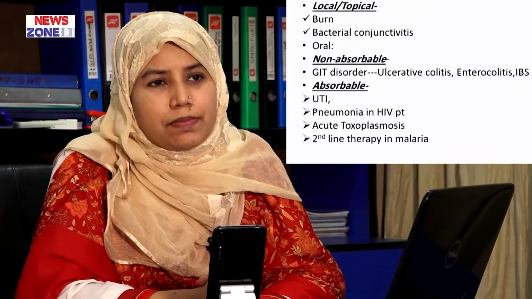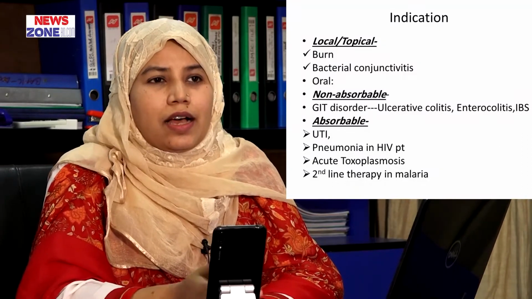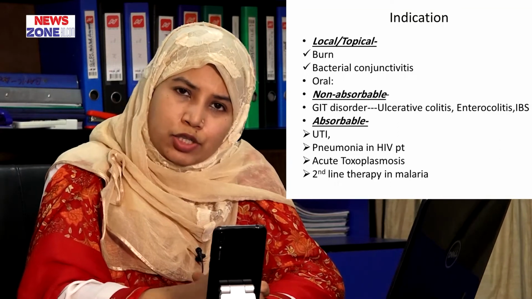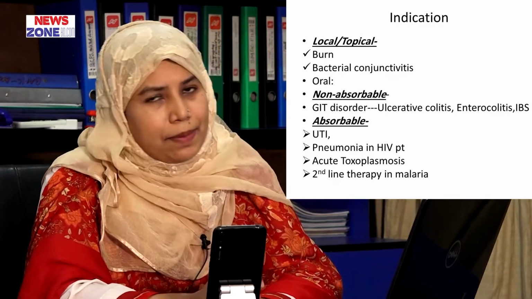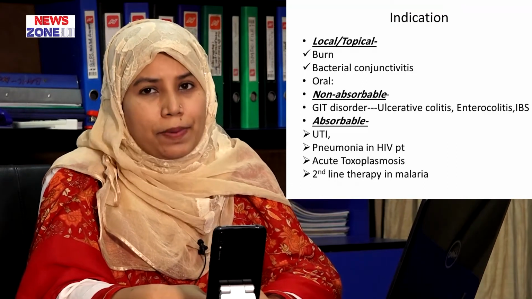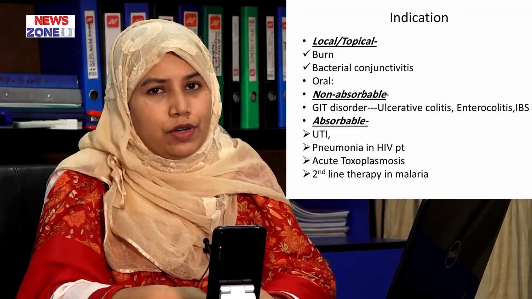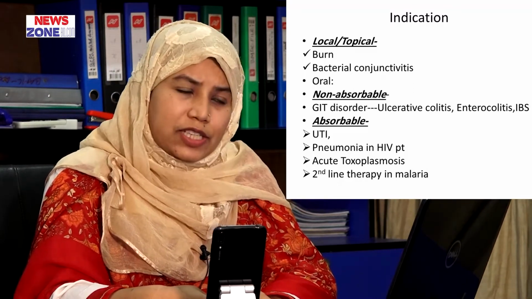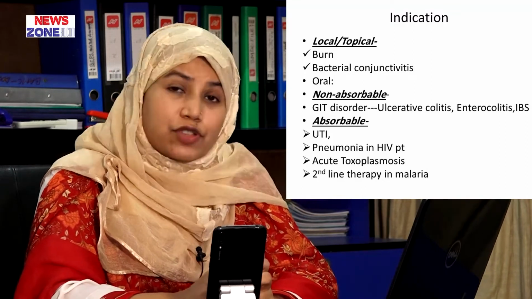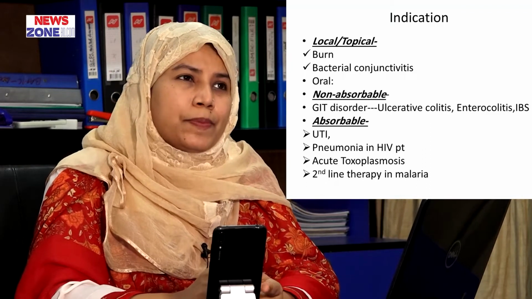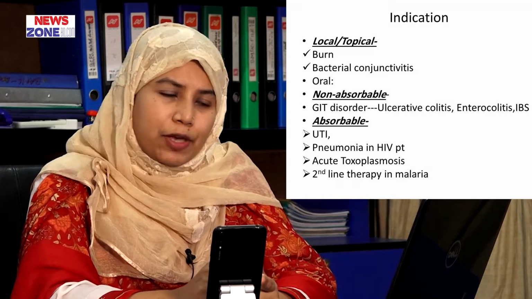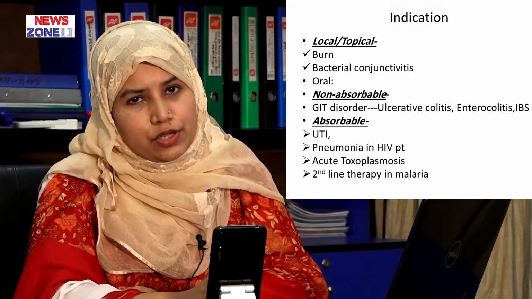Indications I have already mentioned, but you have to write them in the written exam, so you have to memorize them nicely. Number 1, local or topical. This is used in burn and bacterial conjunctivitis, that I have mentioned before, in case of topical ointment and also for burn. Non-observable, like GIT disorder, that is ulcerative colitis, enterocolitis and IBS. And observable indications are like UTI, acute toxoplasmosis, secondary line therapy of malaria, and pneumonia in case of HIV